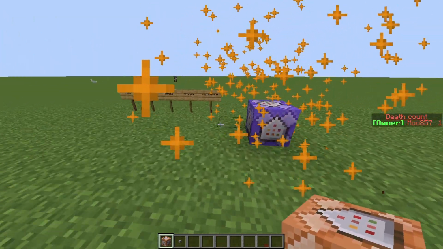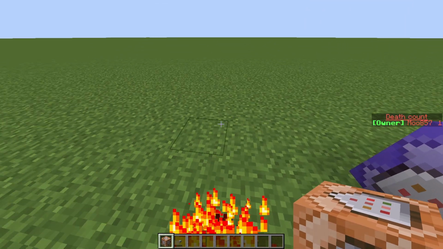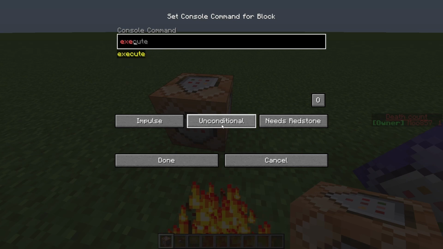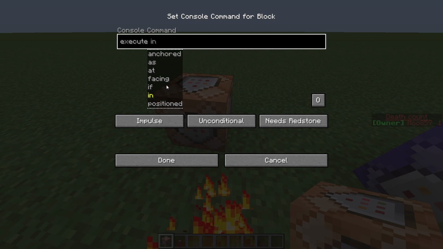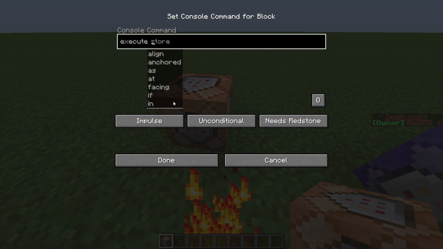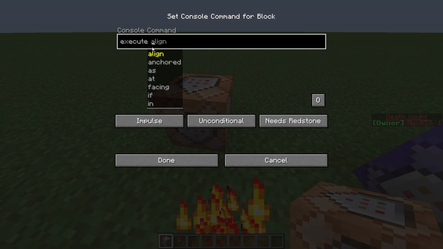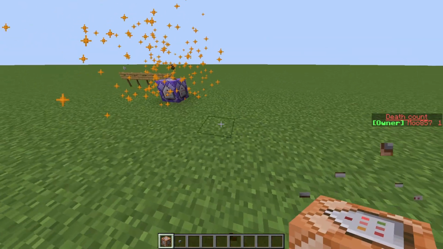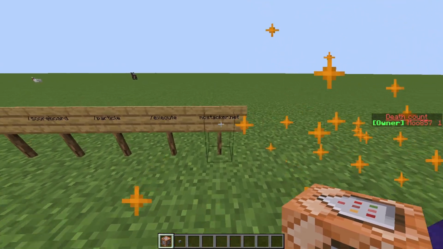So that's probably everything for the /execute command. You can do a ton of more stuff here in the execute command, but I'm not going to show everything in this video. And it's also the most complicated command, so yeah, maybe I'm gonna do a different video, we'll see. But now let's focus on